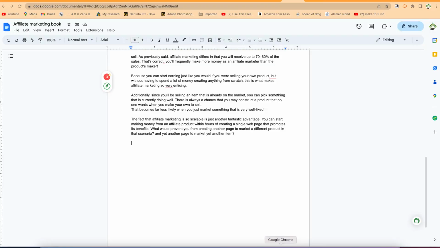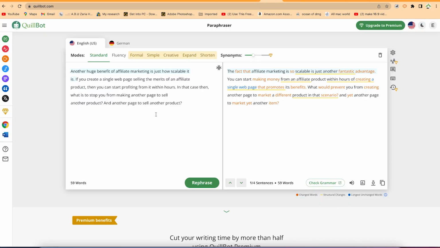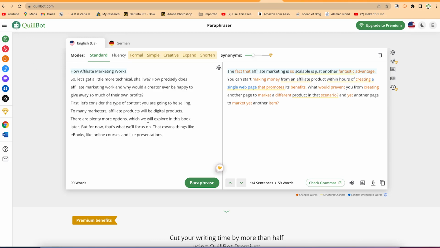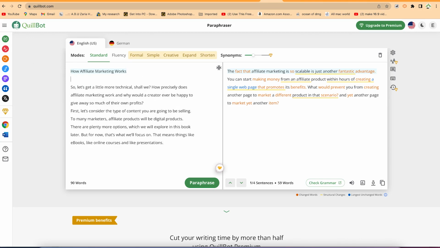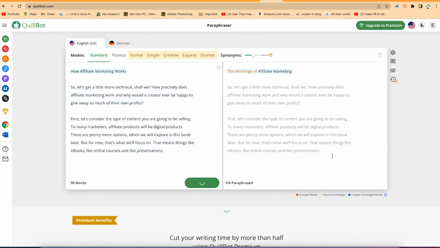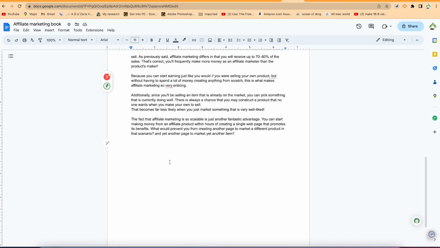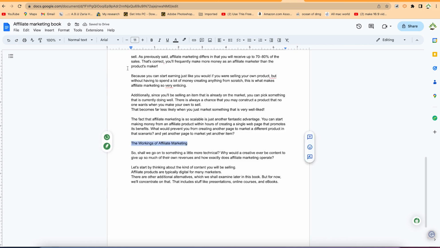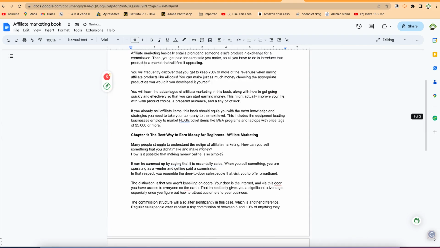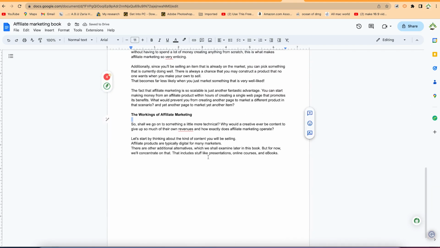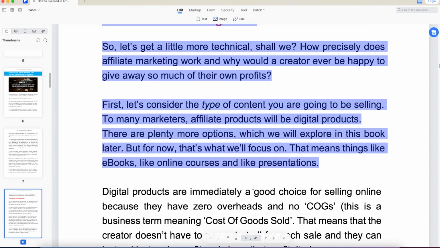All right, and then go back to Killbot, copy everything and paste. Just show that this is a subheading, and then this is a paragraph, and then paraphrase, and you can see it has done the paraphrasing nicely. All right, so just copy and come back here, paste, and we can bold this. Later I'll put the rest of the formatting, but just to show you that this is how you're going to continue to copy, paste, and then later you can sit on your own, reread everything to make sure you get it to the standard.